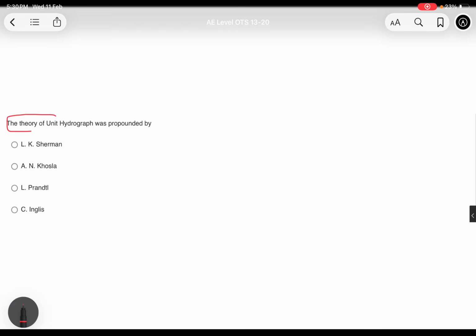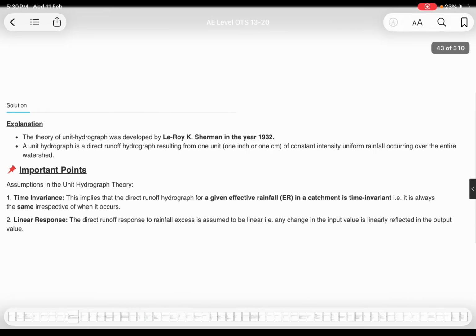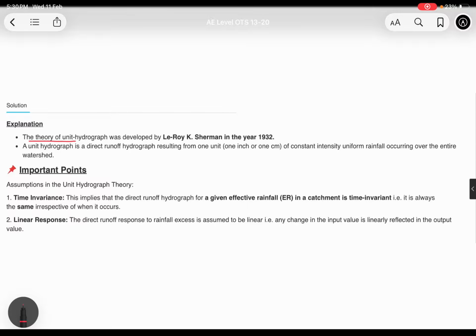The theory of unit hydrograph was proposed by L.K. Sherman. The theory of unit hydrograph was developed by Leroy K. Sherman in the year 1932. A unit hydrograph is a direct runoff hydrograph resulting from one unit of constant intensity uniform rainfall occurring over the